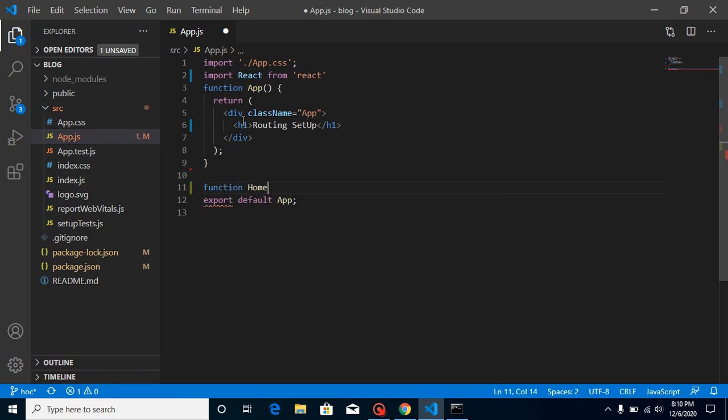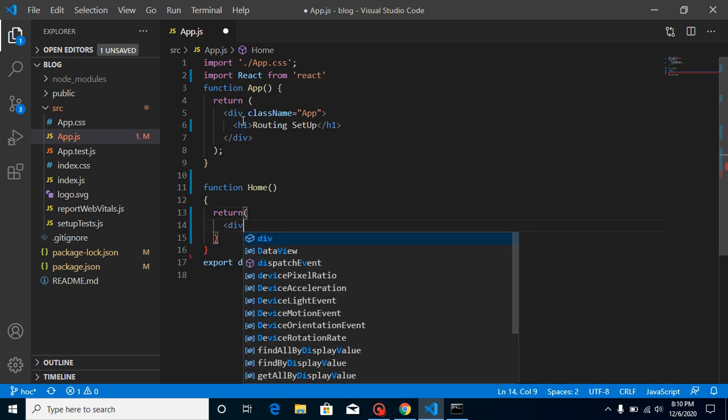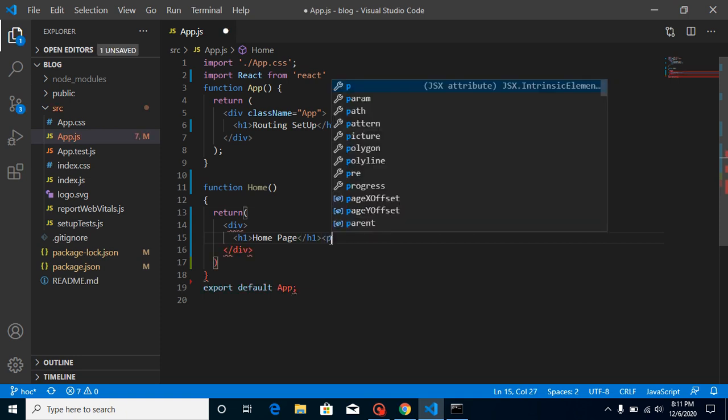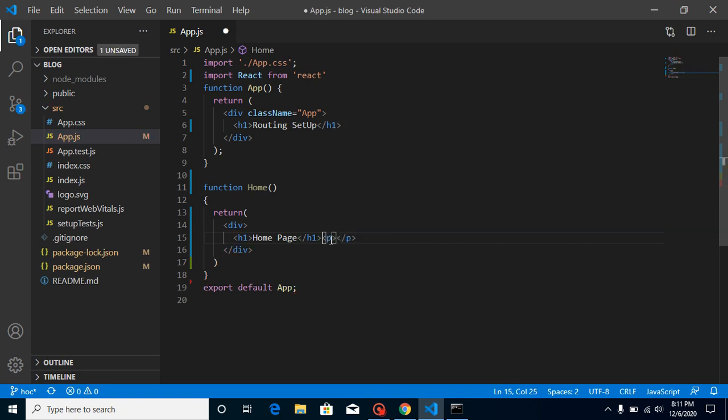Let's say my component name is Home, return something, and let's return a div, and we can create an h1 like Home page, and here we can also add some text like this is my home page.